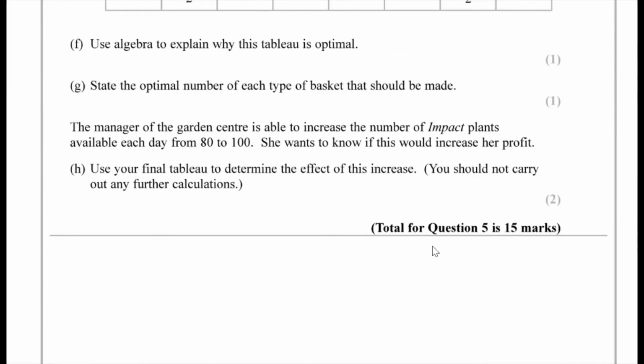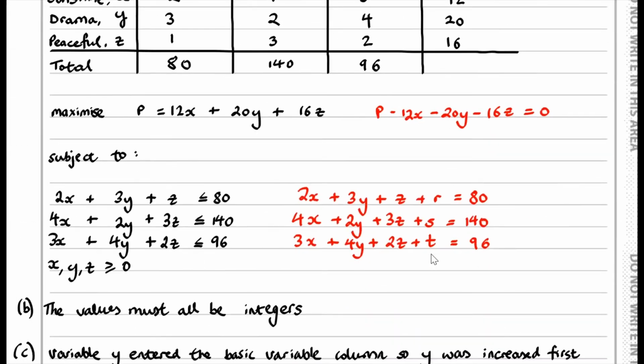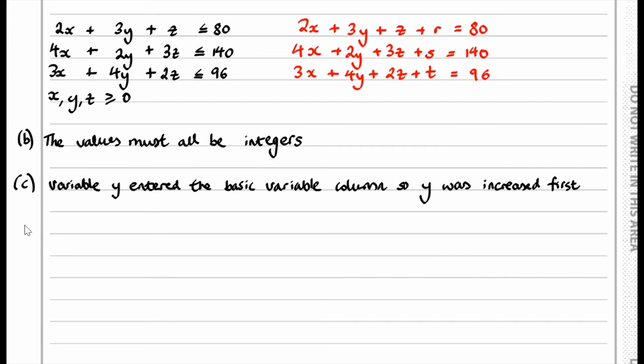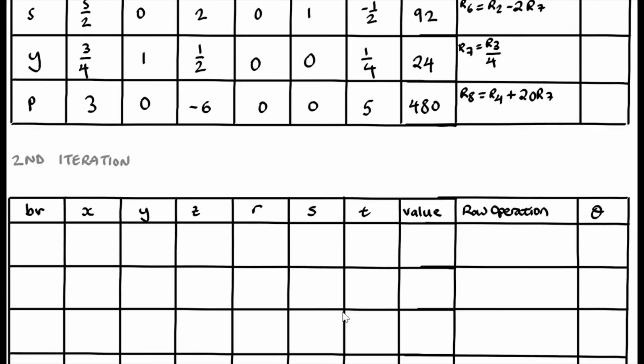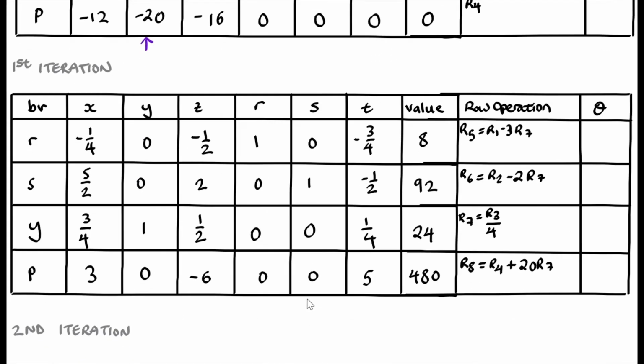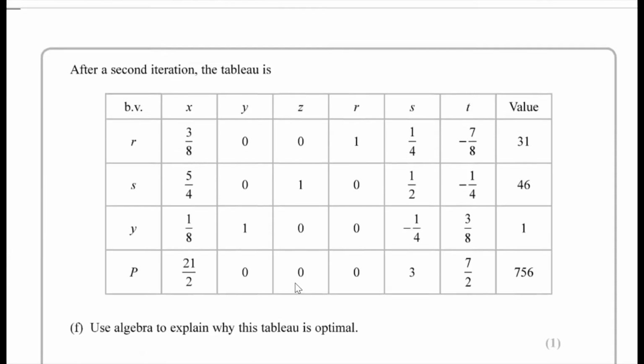Okay, so if we go back here, the number of plants we had originally, we have 80, 140 and 96. And then we subtract off any bit of slack we have. So if we take a look at our table after the first iteration, perhaps if we look at the original table,